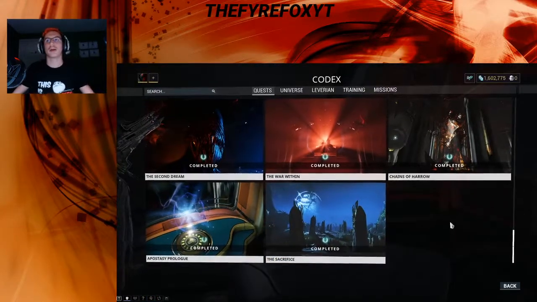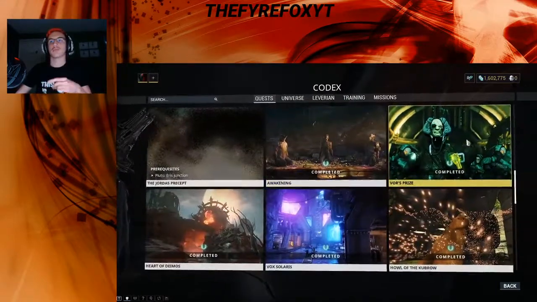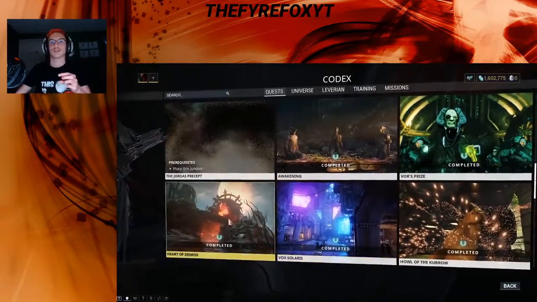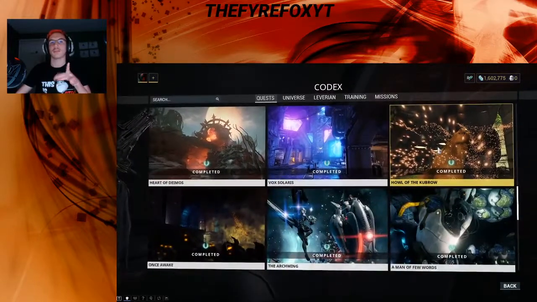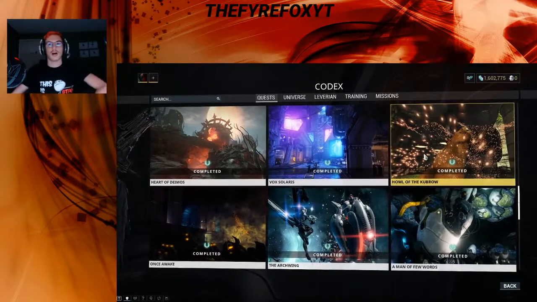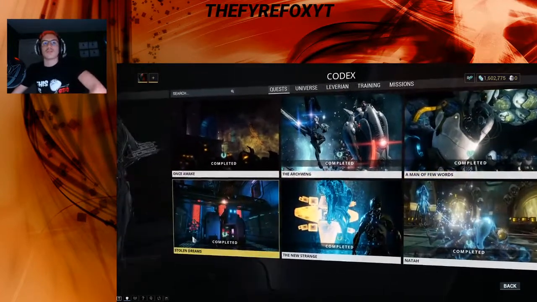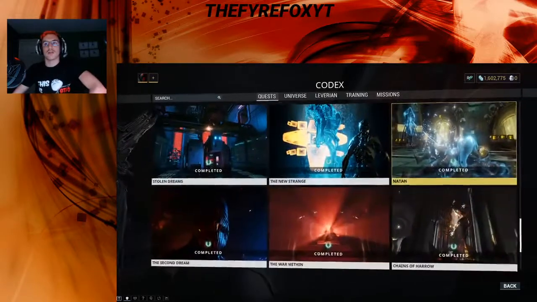So, in order to do that quest, you have to go through basically the entire game. You have to go from Awakening, War's Prize; Deimos and Voxelaris are side quests. From that point, I believe you have to go, this is also a side quest, I believe. From that point, you have to go to Once Awake, Arcwing, Man of Few Words, Stolen Dreams, New Strange, Natah,